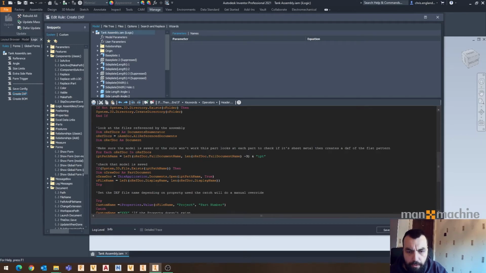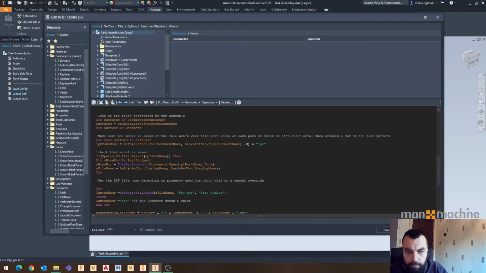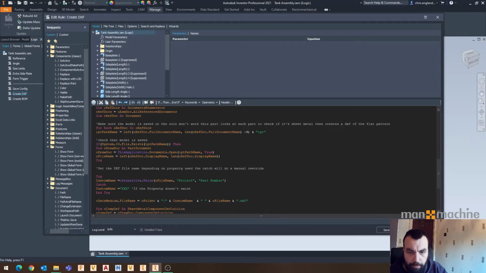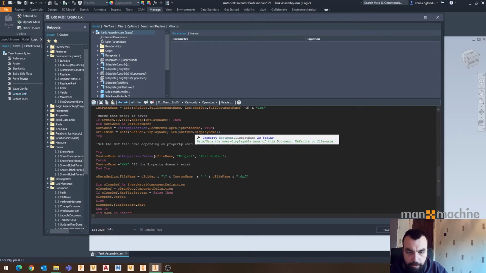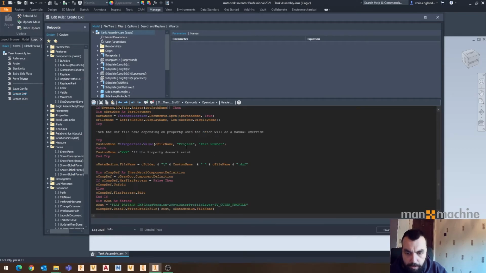Right, then we've got some references once again to the documents and the documents we're going to be using. A for each statement, which pretty much is going to cycle through all of our parts and assemblies. And essentially we've got some naming